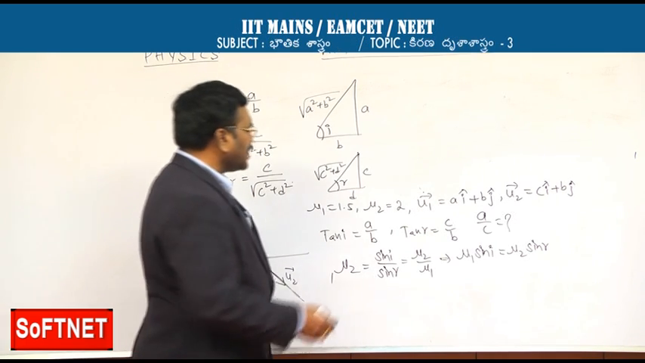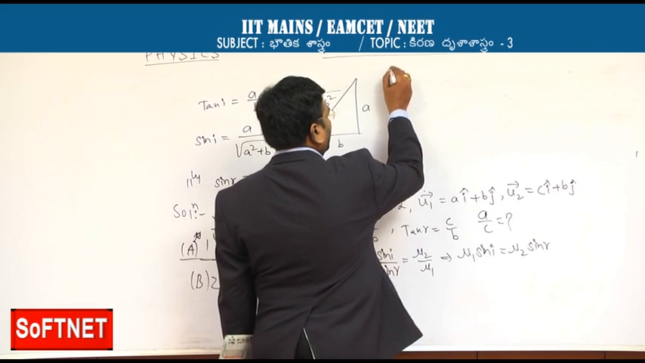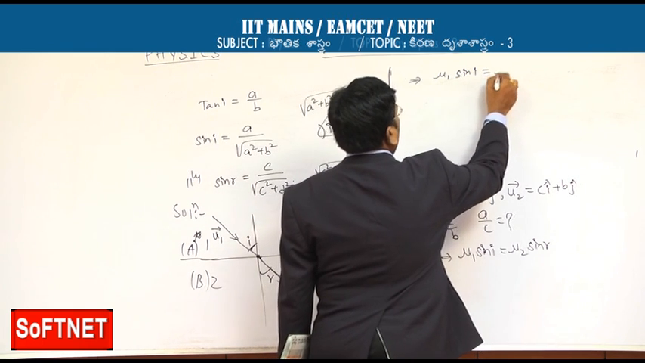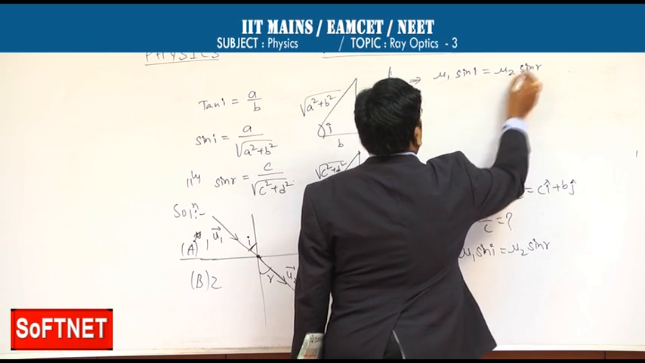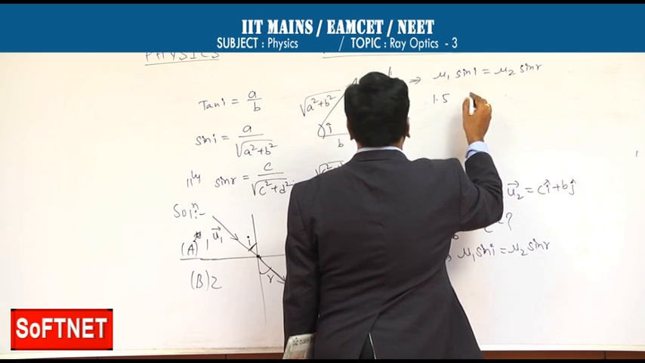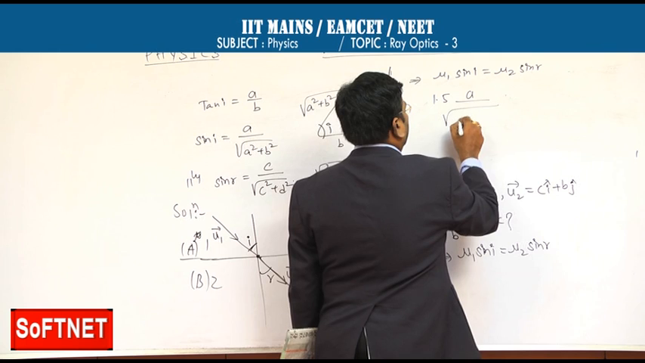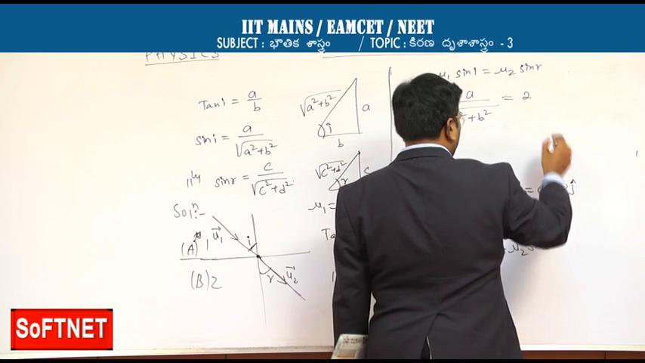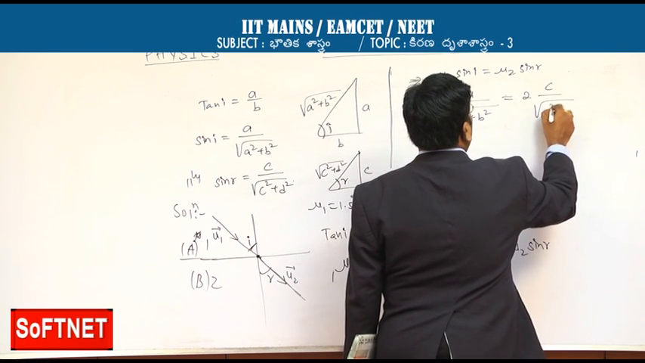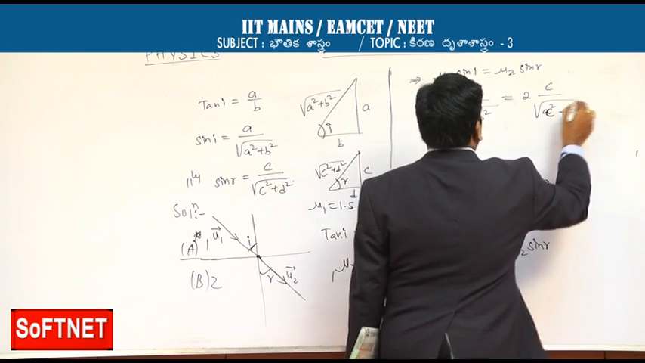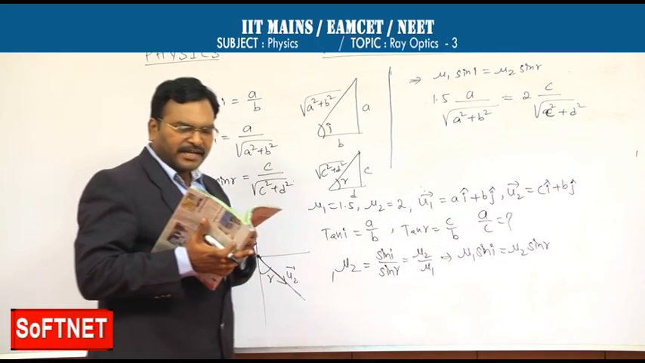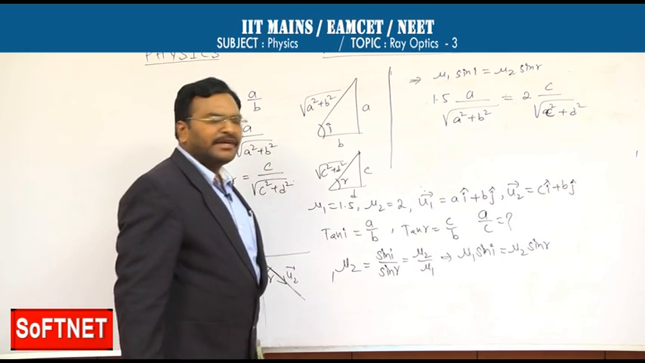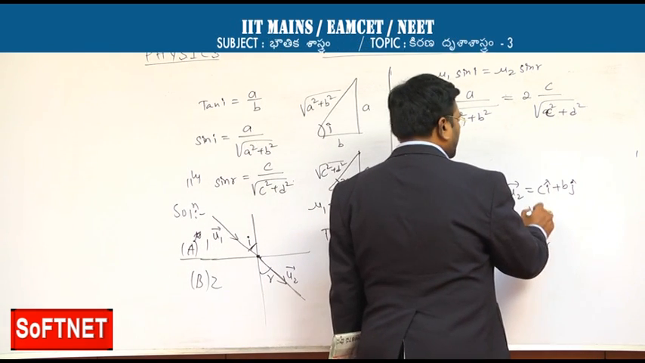We substitute now. Mu1 is 1.5. We have mu1 sin I is equal to mu2 sin R. So 1.5 times A by under root of A square plus B square is equal to 2 times C by under root of C square plus B square. What are U1 bar and U2 bar given here? U1 bar and U2 bar are unit vectors. So that's why the magnitude of U1 is equal to